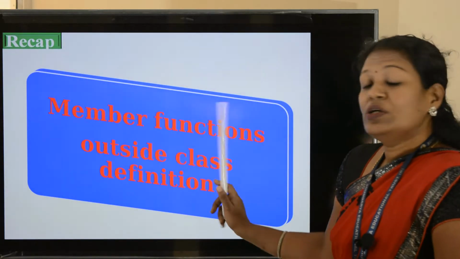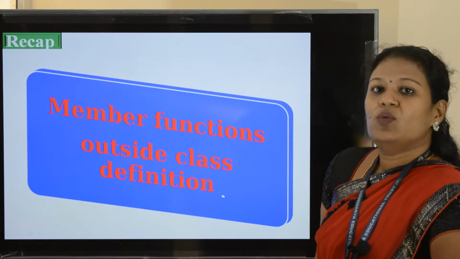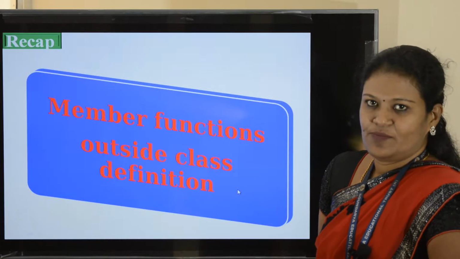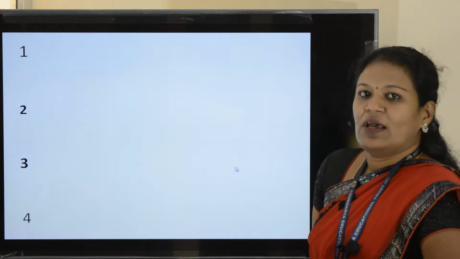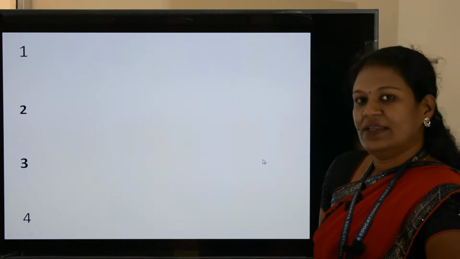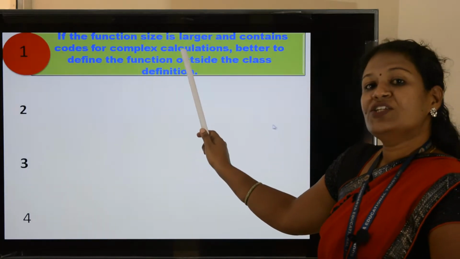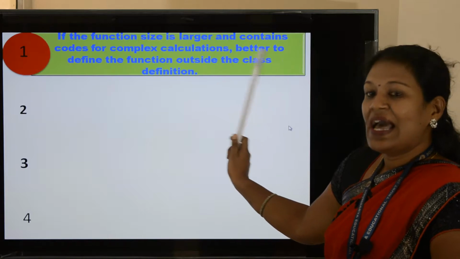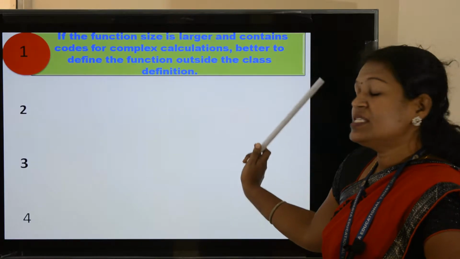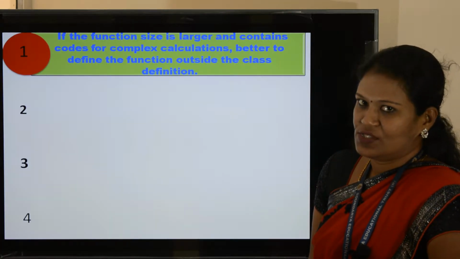Before going to the member function outside the class programs, we will see what we studied last class. Mainly 4 points we discussed in the last session. First point is, if the function size is larger and contains codes for complex calculations, it is better to define the member function outside the class.